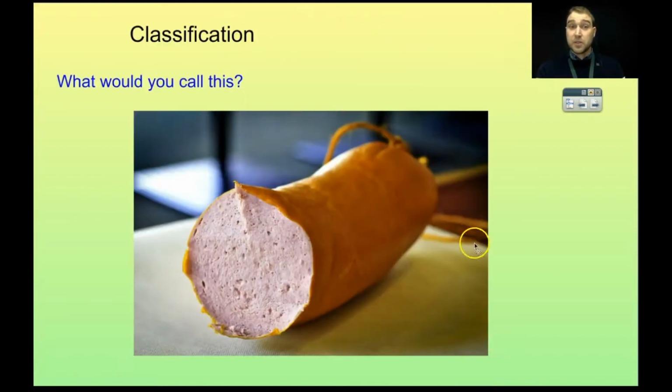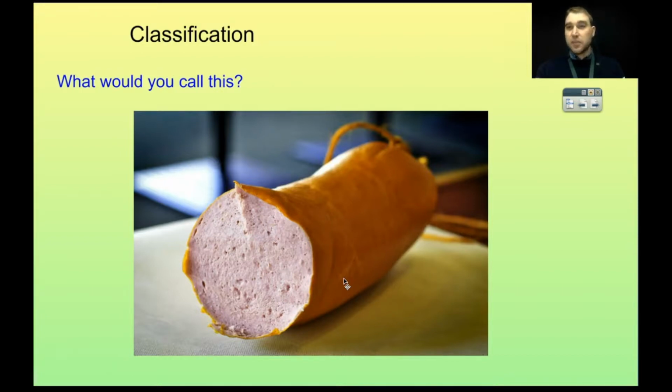So here's my first question. What would you call this luncheon meat? Now, the reason why this is interesting is that this luncheon meat has different names in different states in Australia. So in South Australia we call it Fritz or bung Fritz. But it's pretty much exactly the same as Devon, which is what it's referred to in, say, Victoria and New